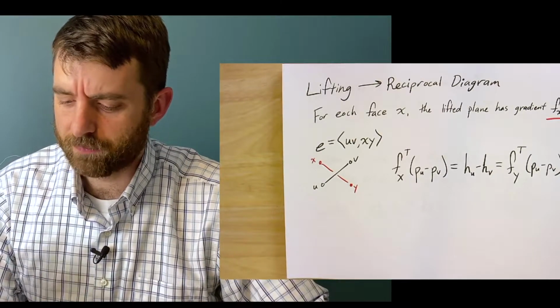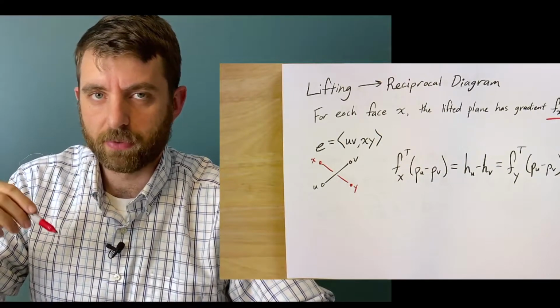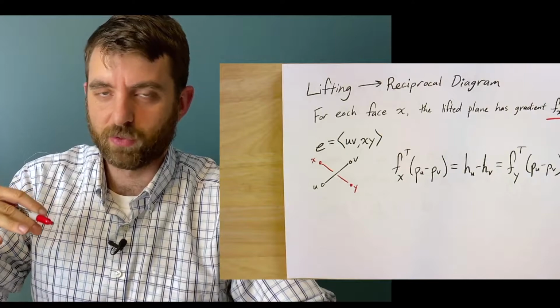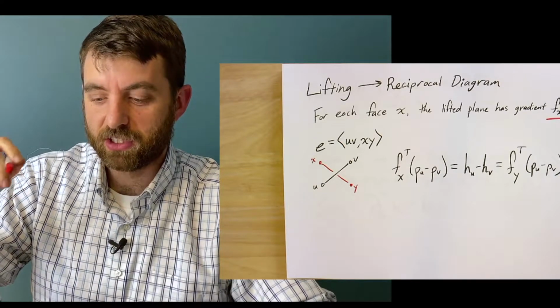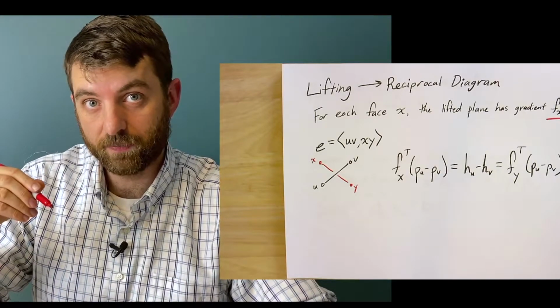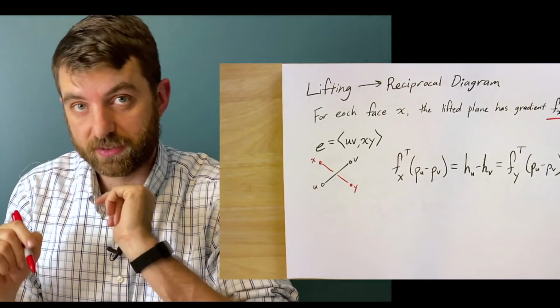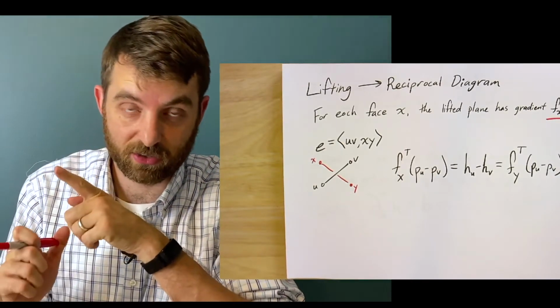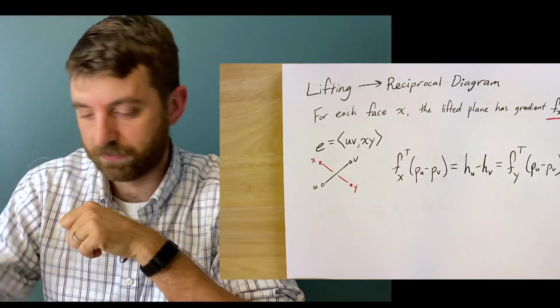If I do that, then it should be the case that if it really is lifting the faces flat, then the change in the height at these 2 vertices u and v, it should just be the gradient times the vector, right? The dot product of the gradient with a vector tells you how much you changed height in that direction, along